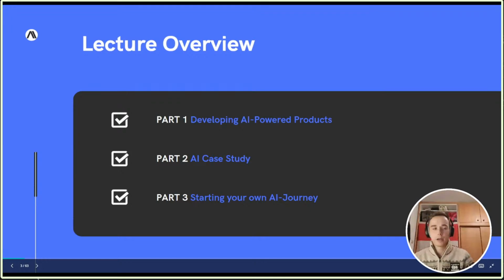In the second part, a specific use case, namely a computer vision use case, and if everything works, I hope it does, we'll have our own functioning machine learning model in the end, without writing one single line of code, which is pretty awesome, and you'll see later how this works. And finally, the third part will be about everyone who is interested in our second week and who wants to kick off their own